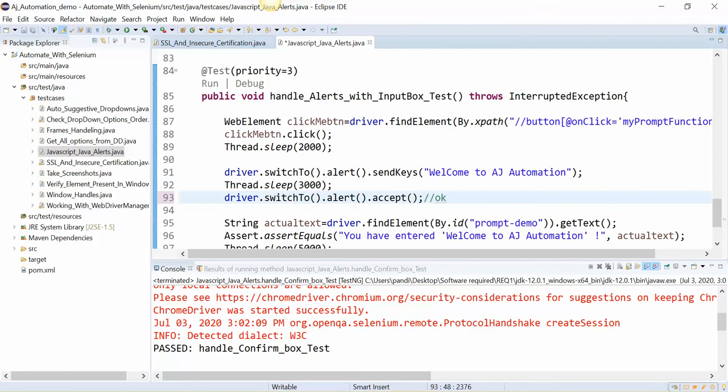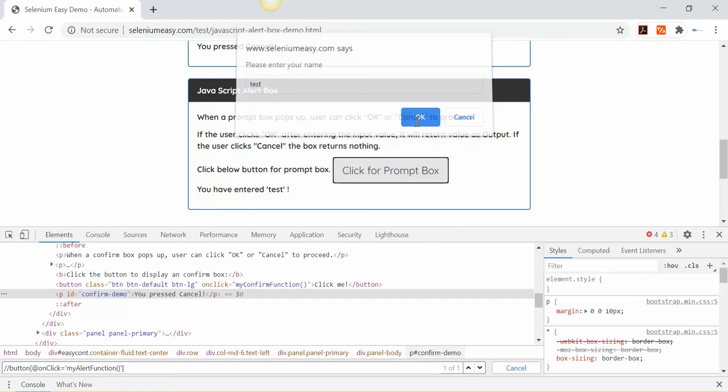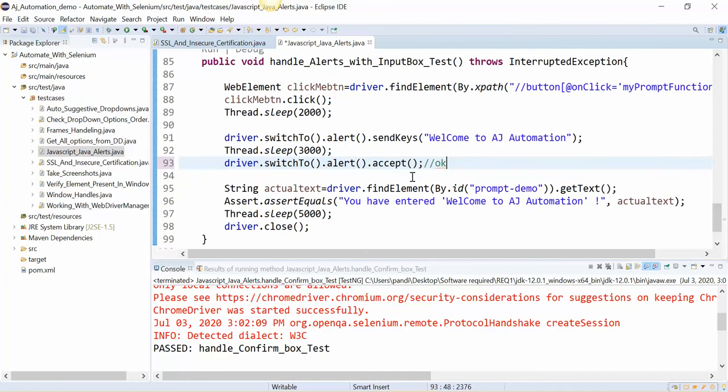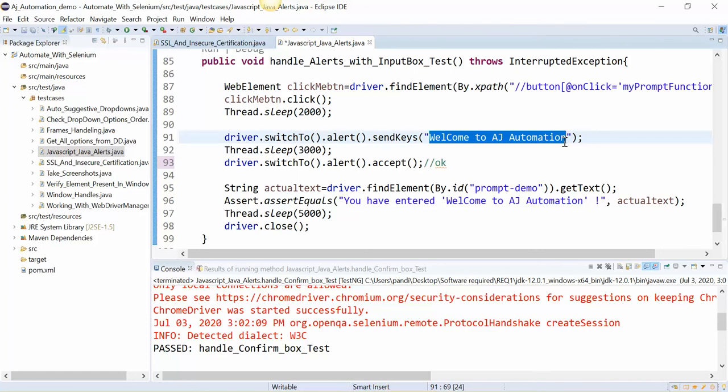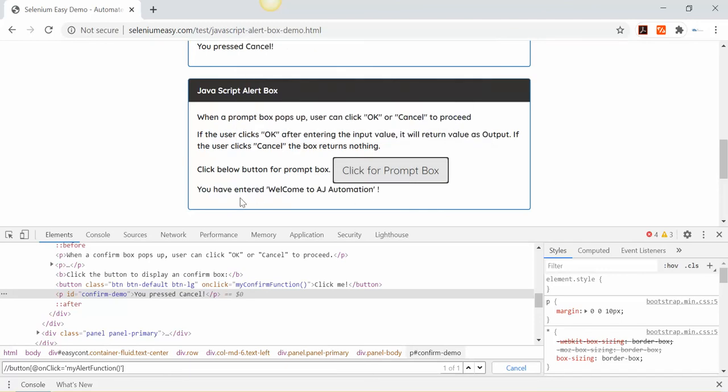Once you click on OK, we are going to grab the text, just for a verification if it is working fine or not, and we are going to compare using the assert. Okay, so if you send this text, it should display like this: you have entered welcome to AJ Automation.